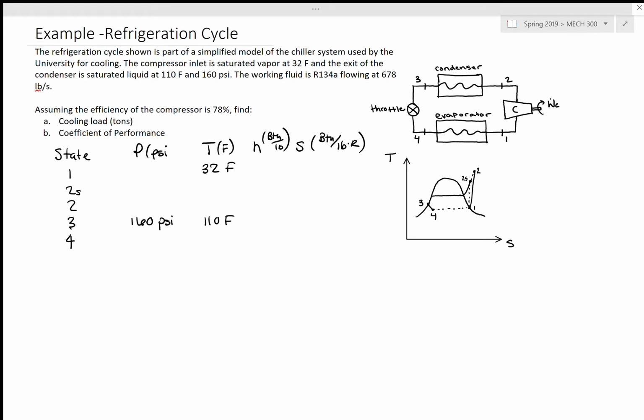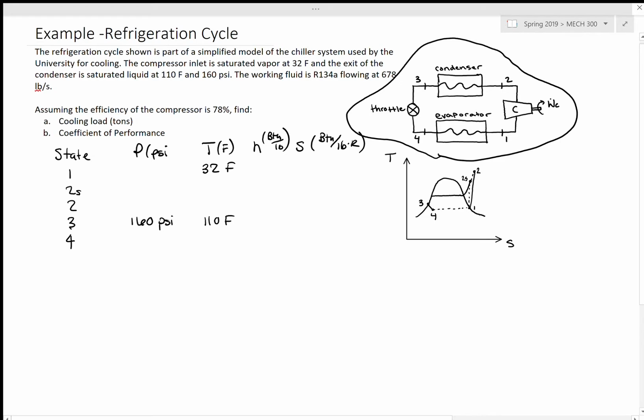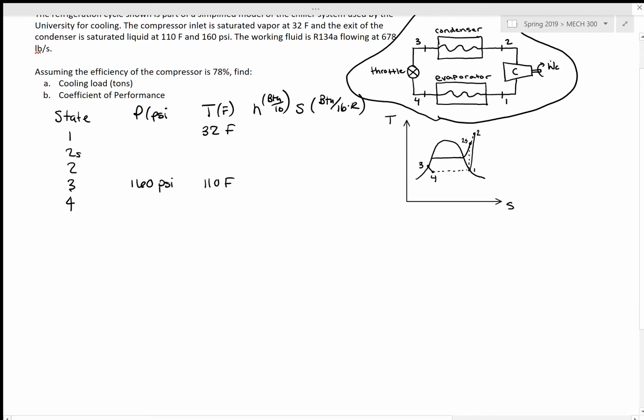So in this example, we have a refrigeration cycle, which is shown right here, and it tells us that the compressor inlet is saturated vapor at 32 degrees Fahrenheit, and the exit of the condenser is saturated liquid at 110 degrees Fahrenheit and 160 psi. The working fluid in this problem is R134a, and it is flowing at 678 pounds per second. It is asking us to find both the cooling load and the coefficient of performance with a compressor efficiency of